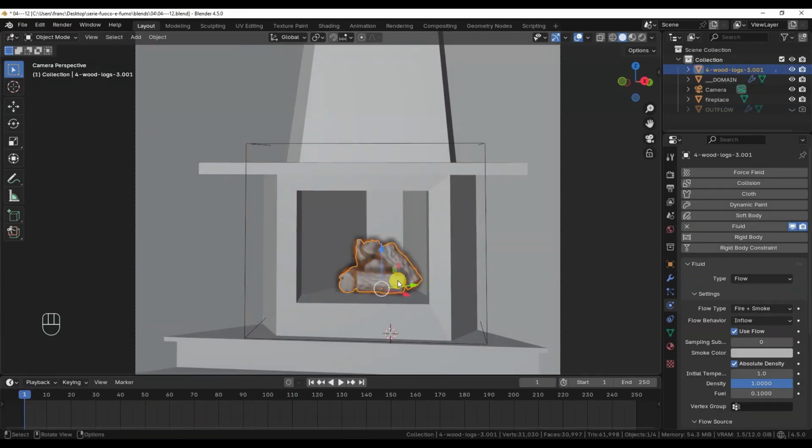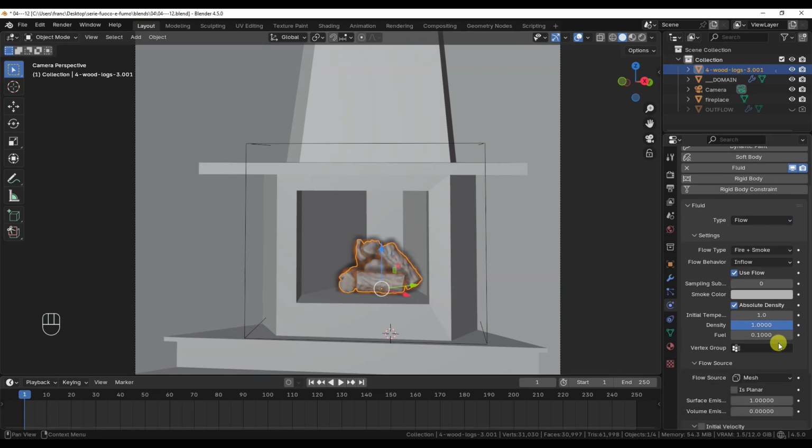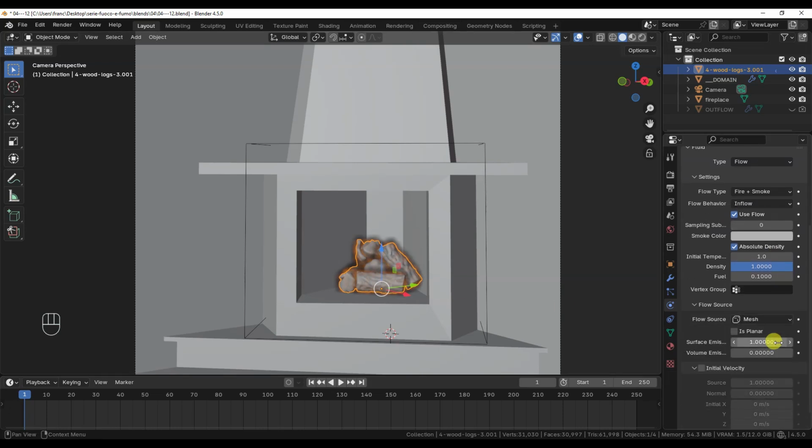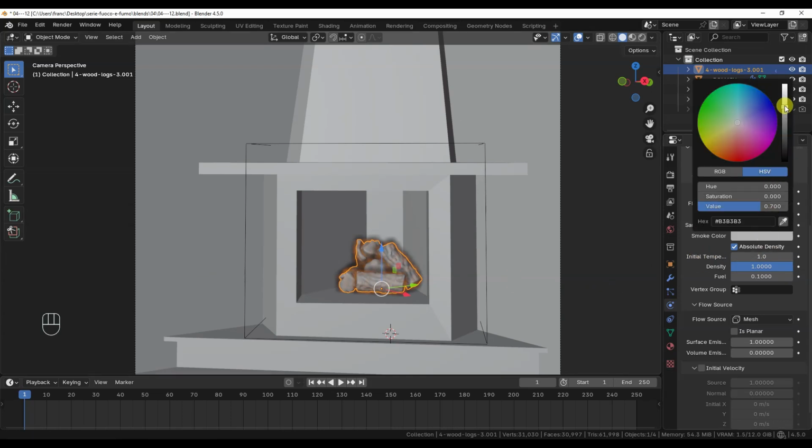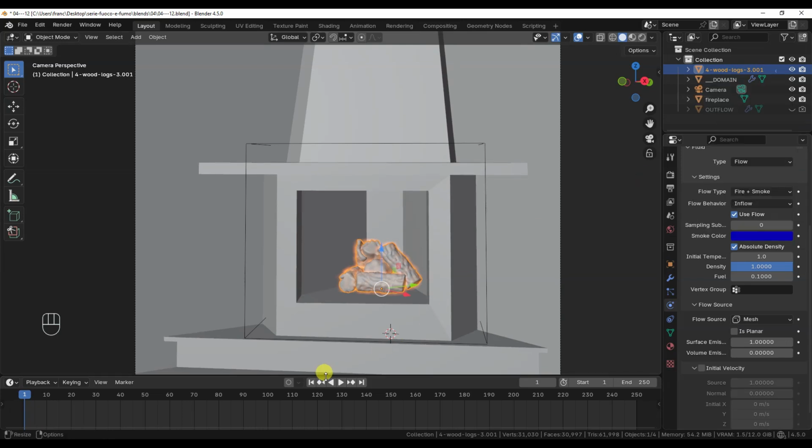Okay, now let's examine the parameters of the inflow object in detail, except for those we already covered with outflow. Smoke color actually refers to the color of the smoke in the 3D viewport preview, because the rendering color of the smoke is defined elsewhere. Assigning a different color here can be useful to identify smoke more easily in complex scenes, or to use this object attribute in shading to change colors or other aspects of the domain material.